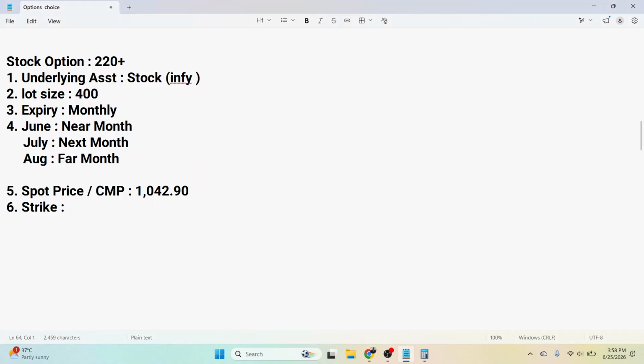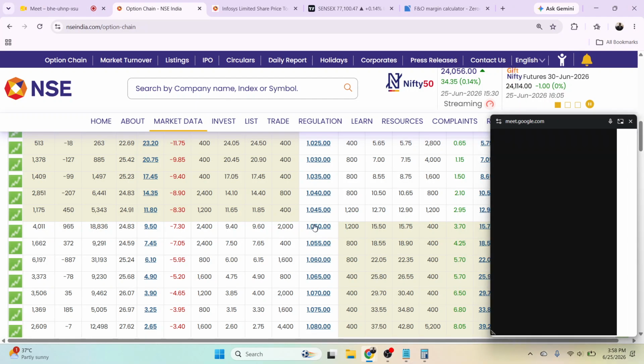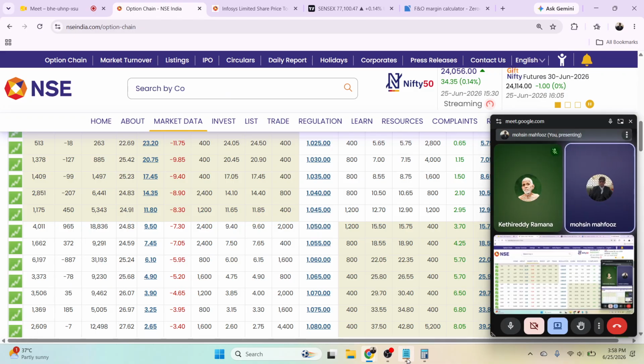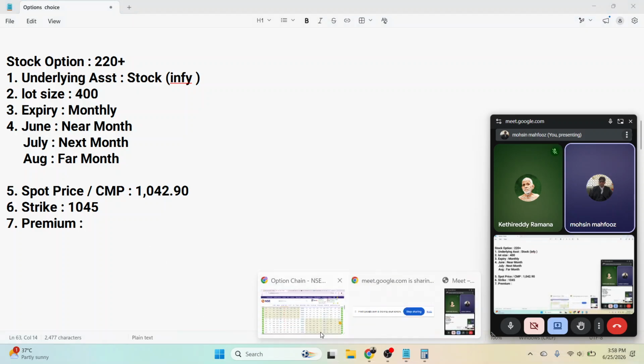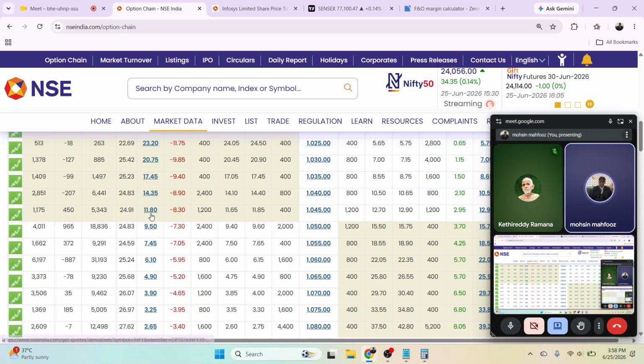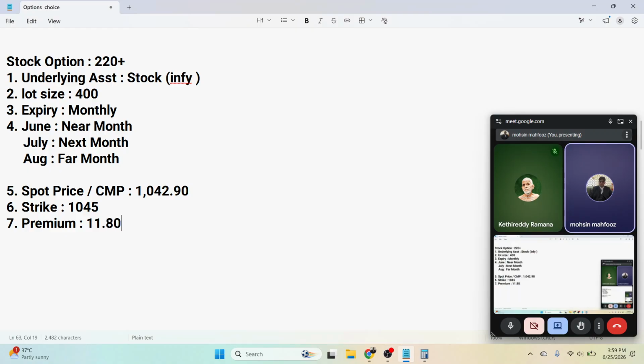तो हायर वी कैन सी हम यहाँ पर क्या करेंगे, स्ट्राइक प्राइस चूज करेंगे। तो फॉर एग्जाम्पल अभी 1042 चल रहा है, तो अगर हमें कॉल खरीदनी है तो वी कैन गो फॉर 1045 वाला, दिस वन। अब इसका 1045 का जो प्रीमियम है, प्रीमियम इज 11 रुपये 80 पैसे। और जो अमाउंट आपको पे करना है दैट इज